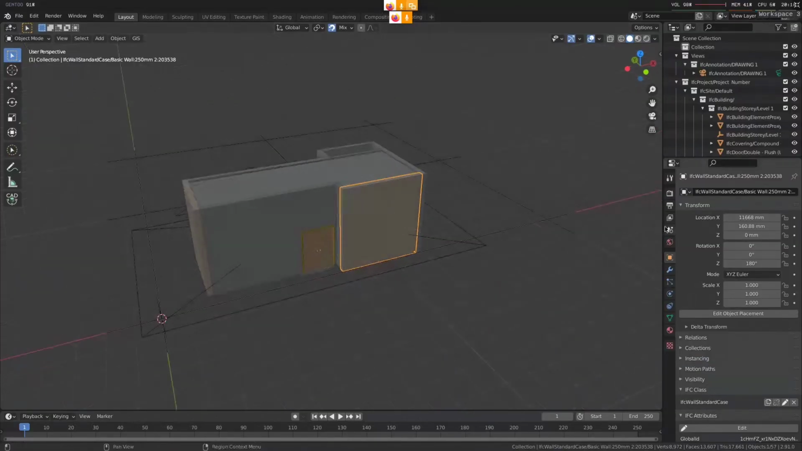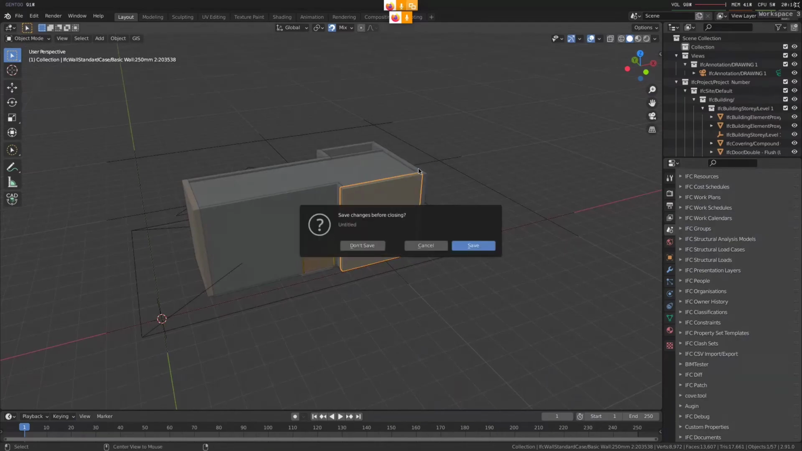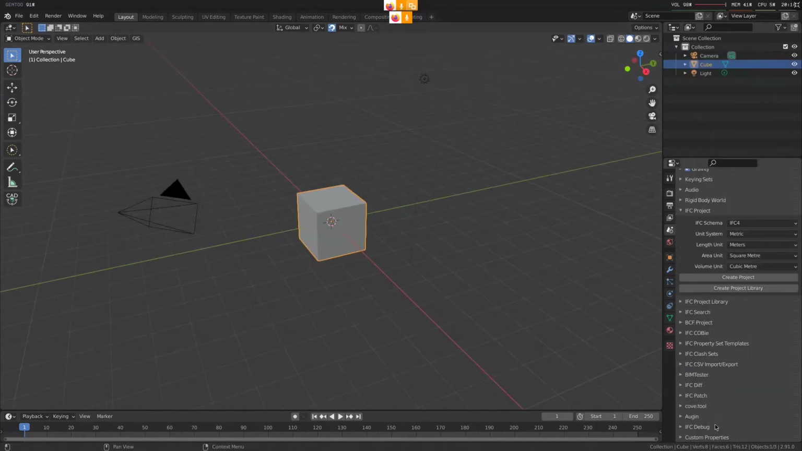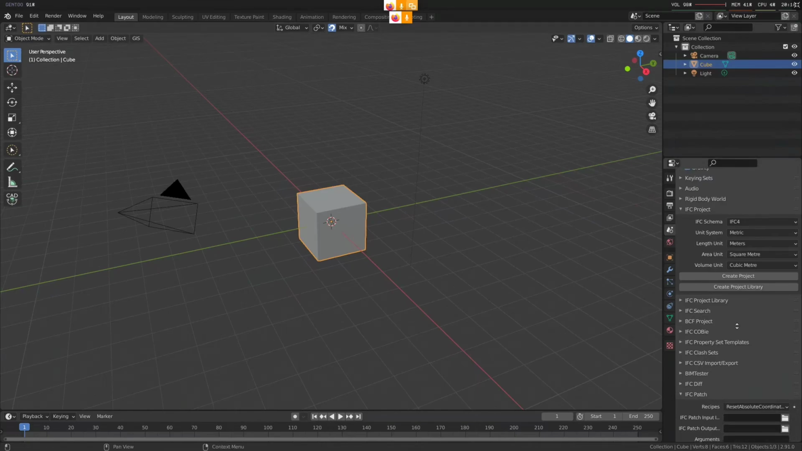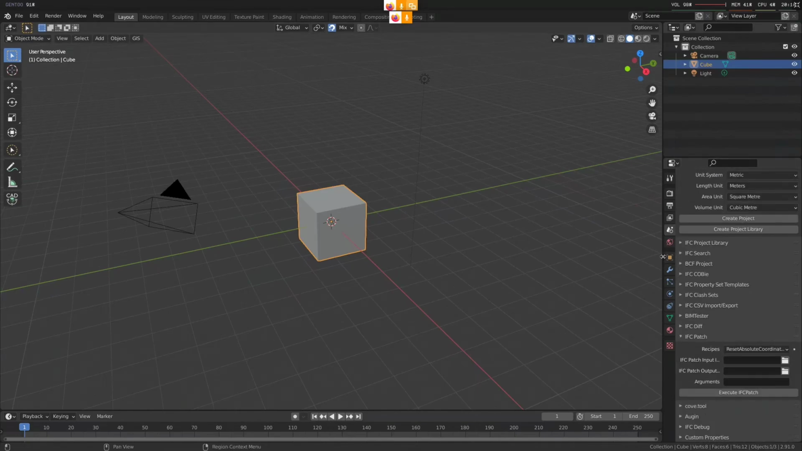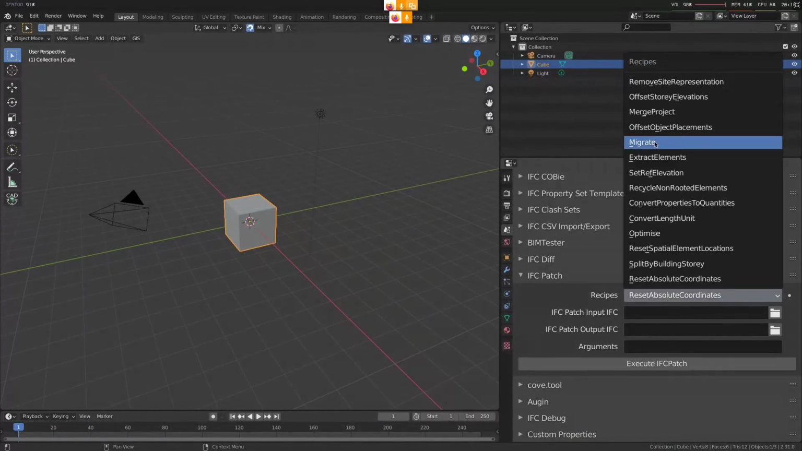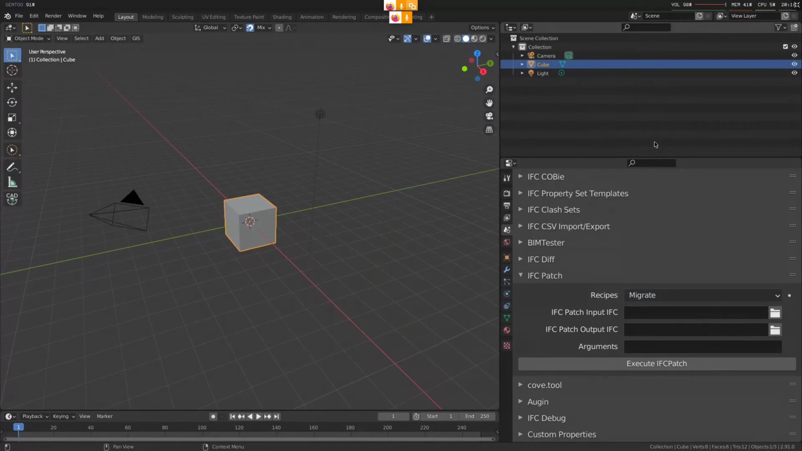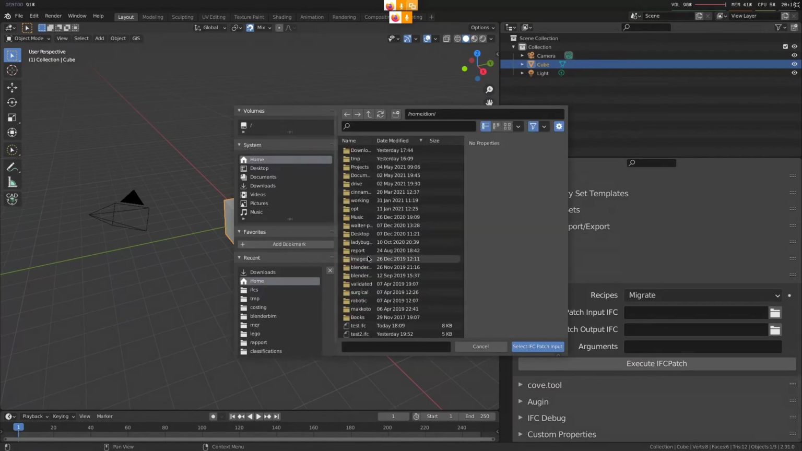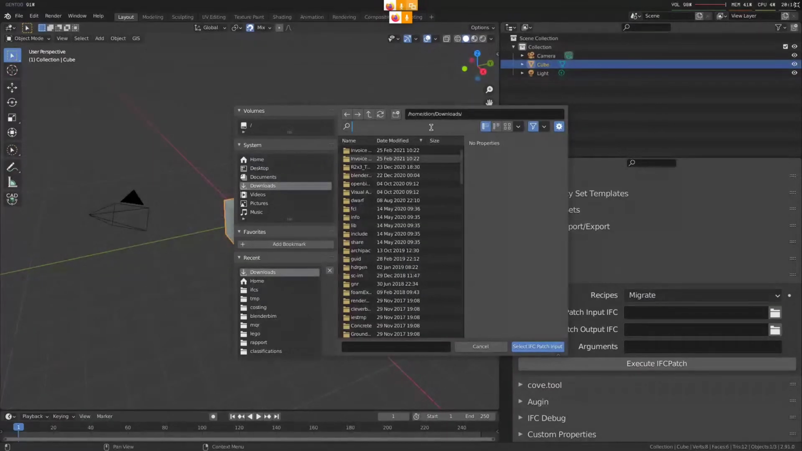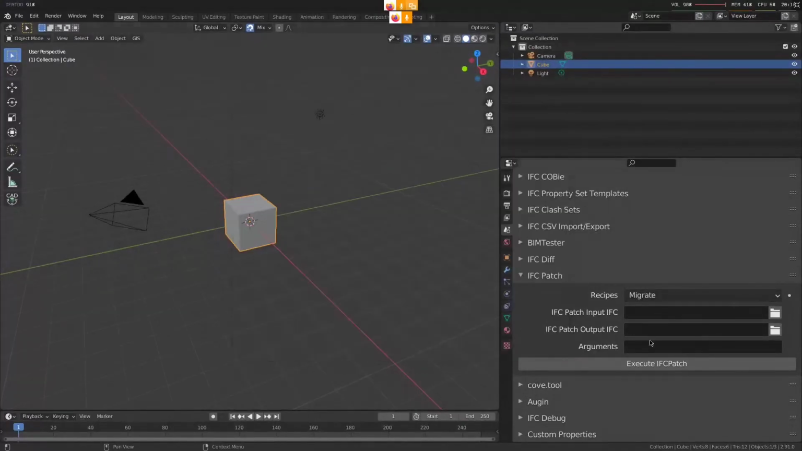So the way to do that is, it doesn't matter, you can do this from a blank file. If you scroll down to the scene properties here, there is the IFC patch tool, and it says recipe. And by the way, whenever you're trying all this out, please run it on the latest version, latest daily build, because this stuff changes very, very quickly. So all I have to do is grab the IFC2x3 file, and I will just, let's say, migrate to IFC4